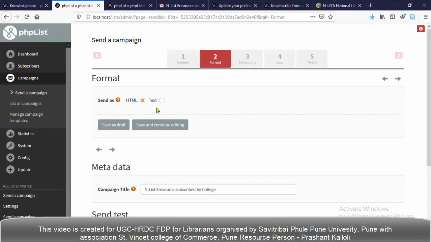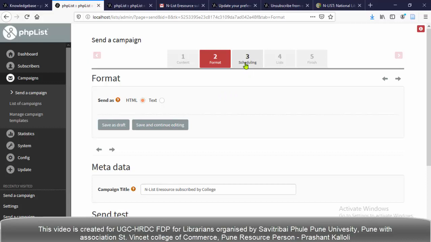If you choose HTML, then HTML formatted text will be sent to users, and if you choose text, then a plain text message will be sent to your users. It depends on you, but I prefer you select HTML. By default it is selected as HTML. Then click save and continue editing.